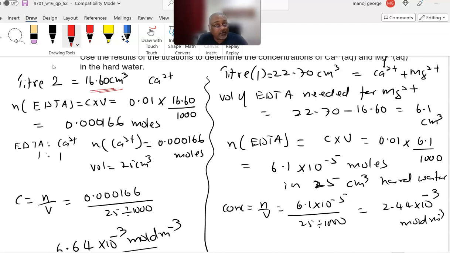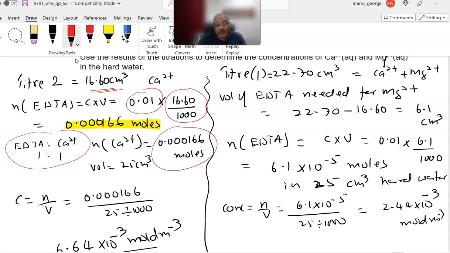And don't forget, they already gave you the concentration of EDTA as 0.01. So I have the concentration and I have the volume. And once again, don't forget the cm³ must be divided by 1000 to change to dm³. So that's how we got the moles of the EDTA. Now, as I mentioned in the beginning, the relationship between the calcium ion and the EDTA is 1:1. So whatever is the moles of the EDTA is equal to the moles of calcium ion. So that's how I got the moles of calcium ion also as